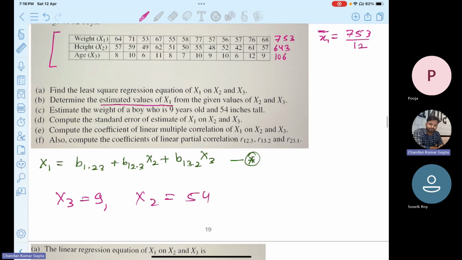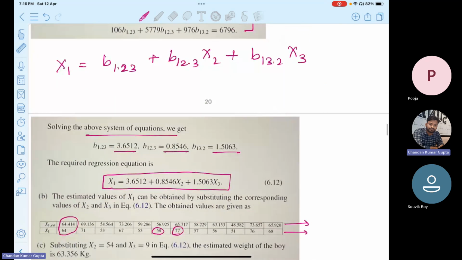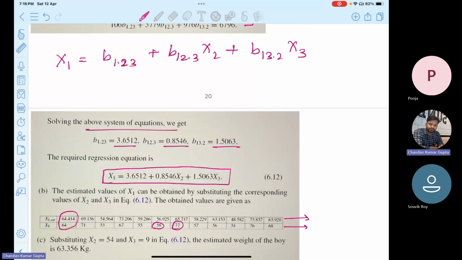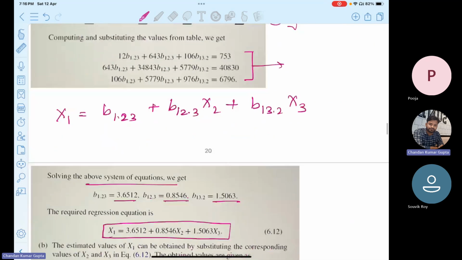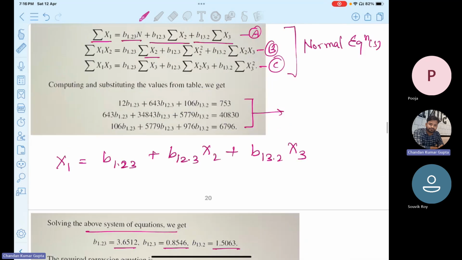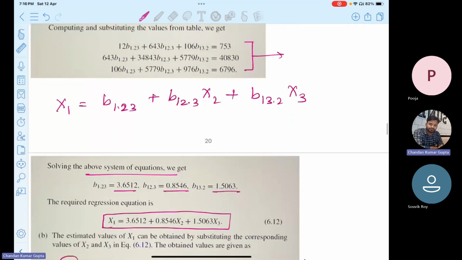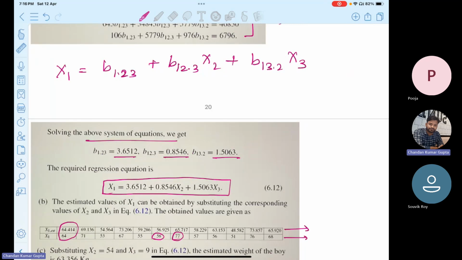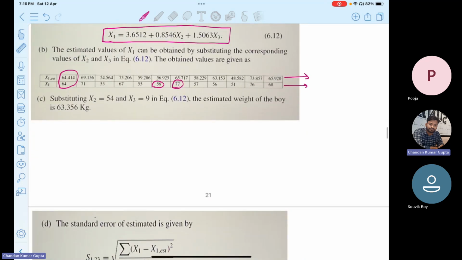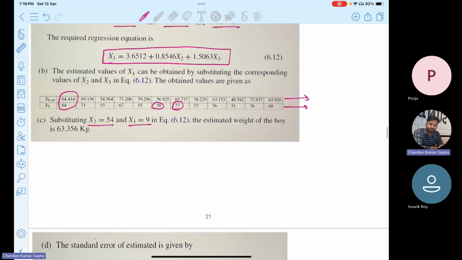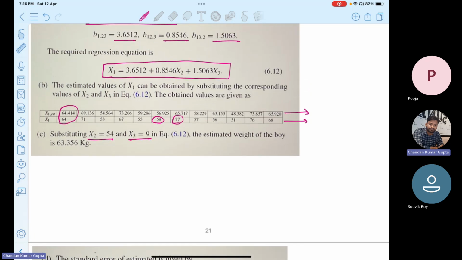So with the help of the model, in equation 6.14, put the values x2 equal to 54 and x3 equal to 9. We can calculate the estimated value of x1, which is already given here, and putting those values in equation 6.14, after solving we will get